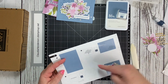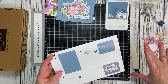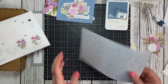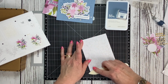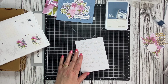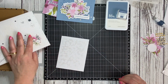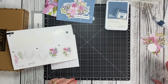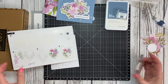And this one uses the, and before I go there, you can see also in the instruction sheet if your card will be a horizontal card or a vertical card, and it shows you exactly in the instructions. So this one is a vertical, so again we just fold it at the crease there, and then pick a side that we use for the front. And the next thing we do is do a little bit more stamping. So there's a thank you stamp that goes in that little round circle,